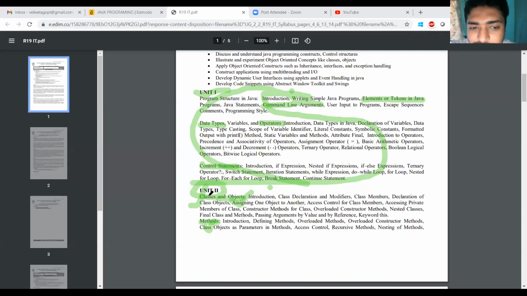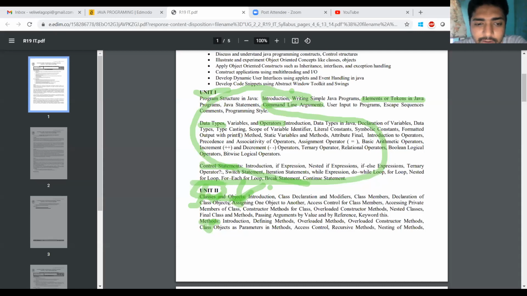We have verified the syntax for the object as well: class name, space, object name is equal to new, space, class name. We have seen the syntax for methods. A method can be identified by the open parenthesis and closed parenthesis. The syntax is modifier, space, method name, braces. Within the braces we have the parameters, and the curly braces hold the body of the method. We can write the logic in the method.